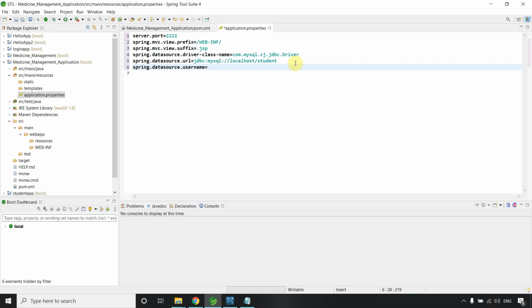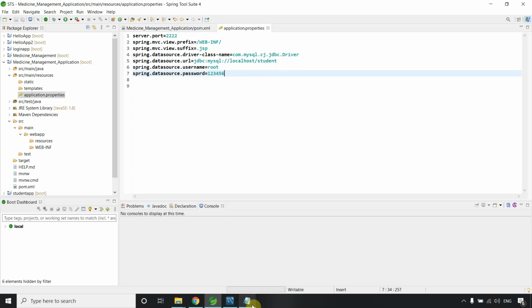Now it's taking that username. My username is root. Same as this, let me duplicate it, just remove this, and password. And my password is 23456.